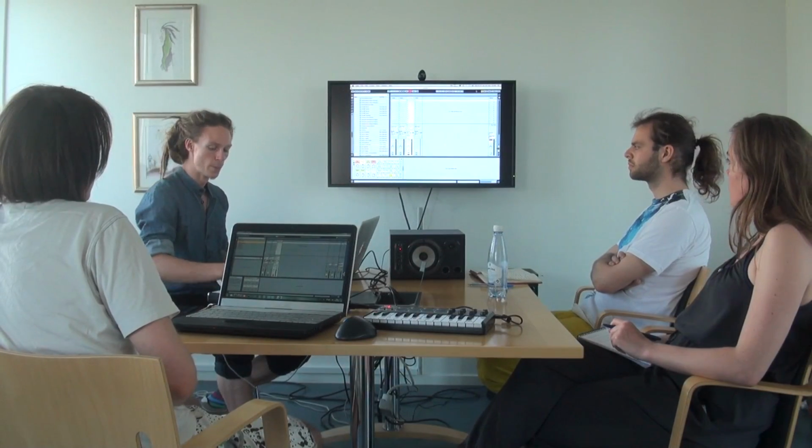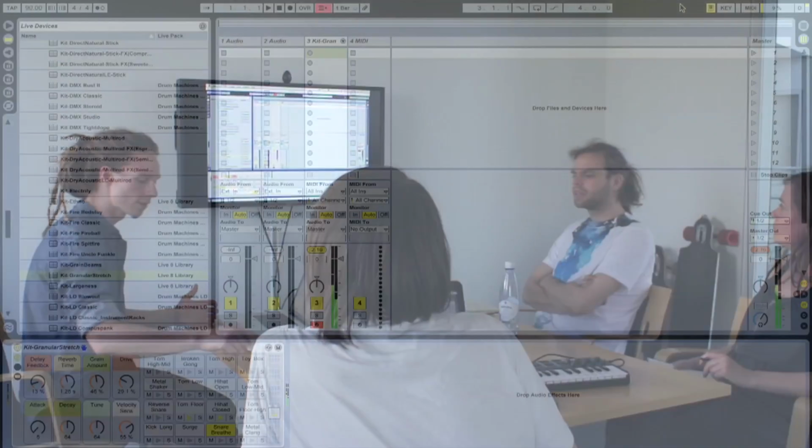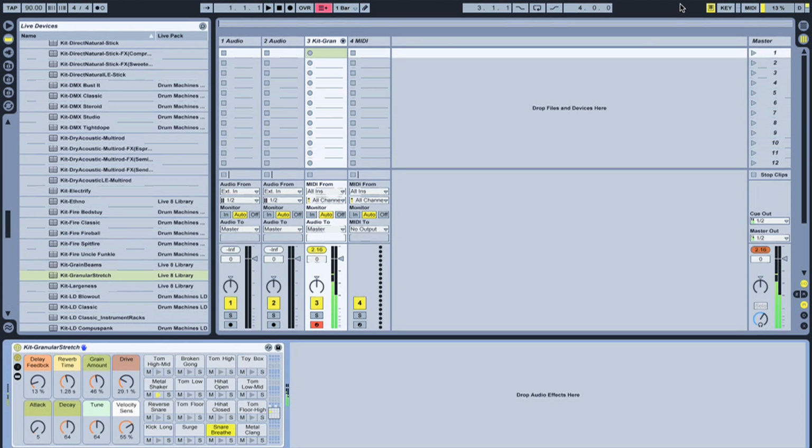Let's get a beat going. I've already auditioned some of these sounds. And as you can hear, they're pretty lush, these sounds. It's not just a boring, straight up, dry sound in your face. And this is actually one of the great things about the drum rack. Take, for example,